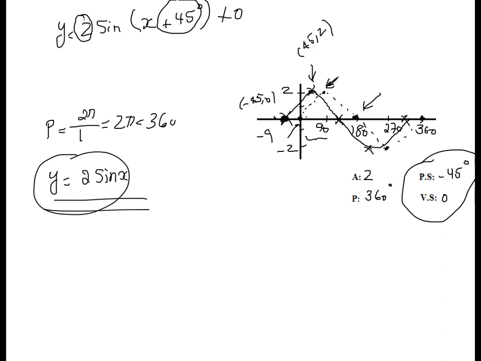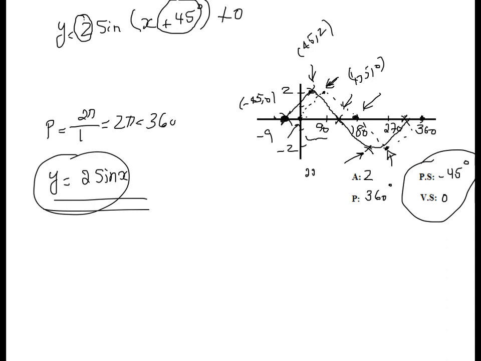This coordinate was 180 and 0. Now if I move 45 to the left, the coordinate becomes what? 135. So this one becomes 135 and 0. Now let's look at this point. What was the coordinate here? 270 and -2. So if I move 45 to the left, I get